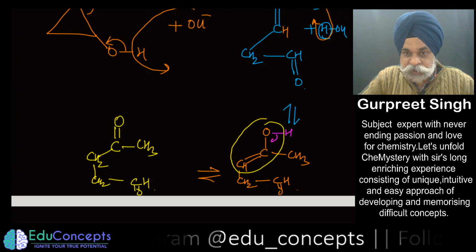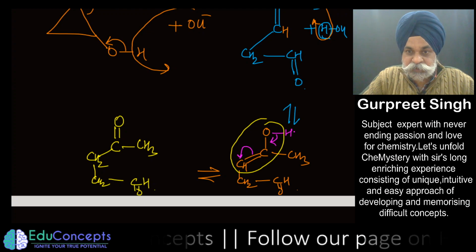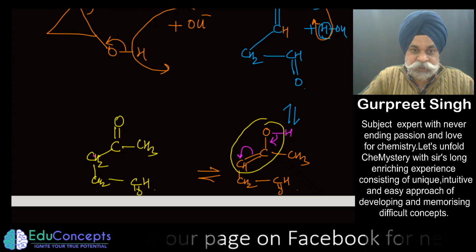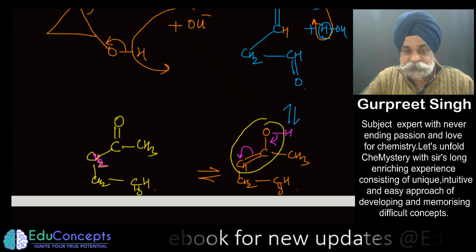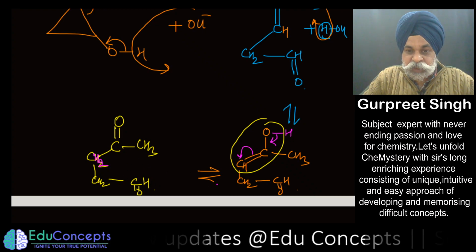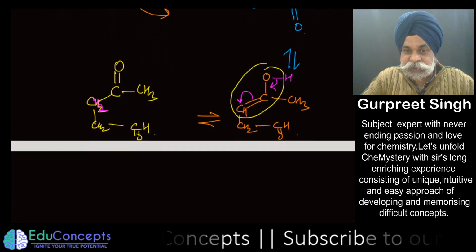If I place it here, this is what I did. This goes here and this goes here. So this H positive comes here. This is the H positive which I received here. Now you could see that the whole of this is occurring in equilibrium.